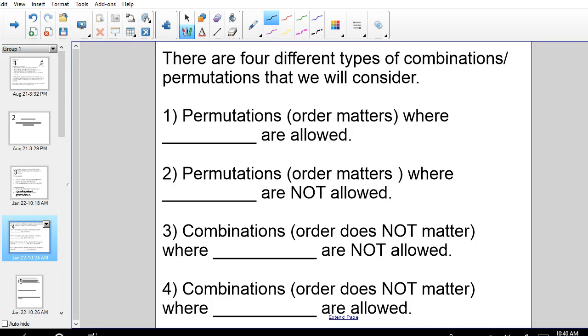There are 4 different types of things we can have. We can have a permutation, which means order matters, where repeats